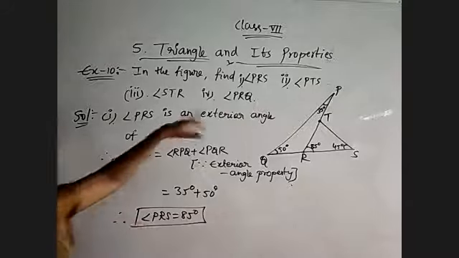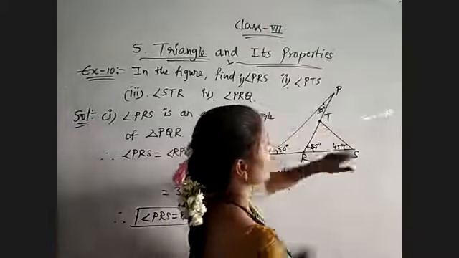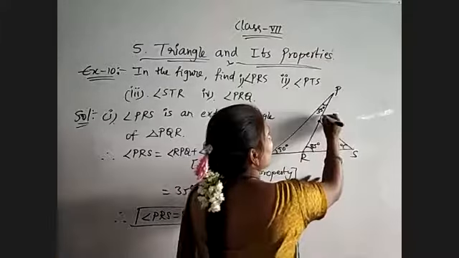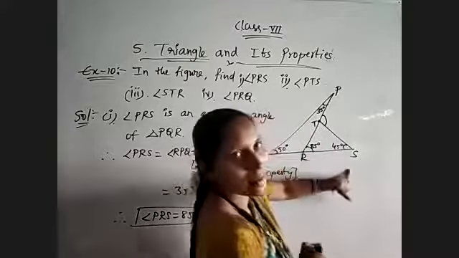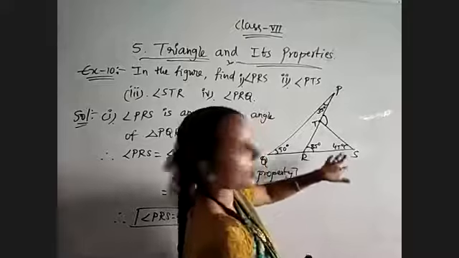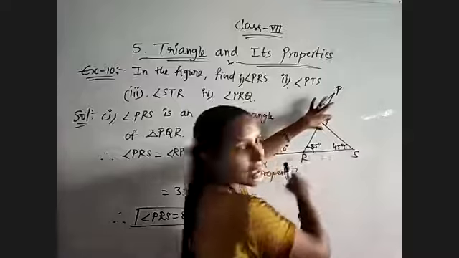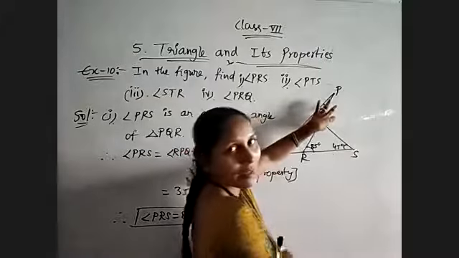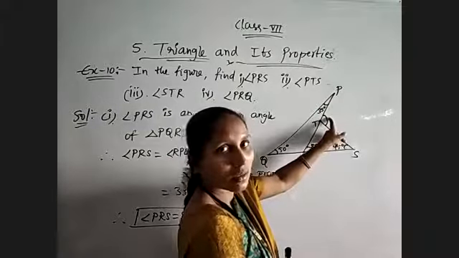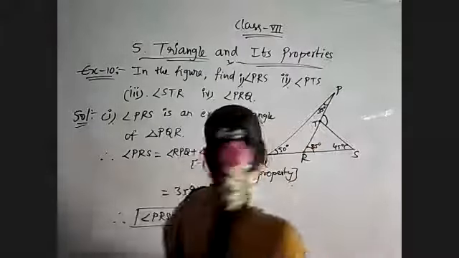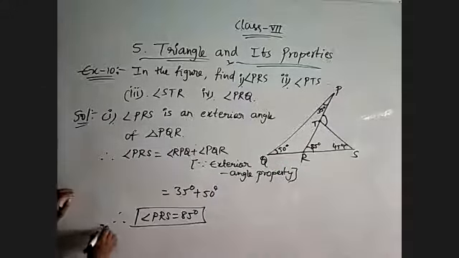So now observe the second problem, angle PTS they are asking. PTS. Again, observe PTS also is an exterior angle for triangle RTS, otherwise TRS. This angle they are asking. And here we know two opposite interior angles, that is 85 plus 45, which is nothing but 130. So here you will get 130 degrees. Same exterior angle property only. So the second question also I am finishing now.